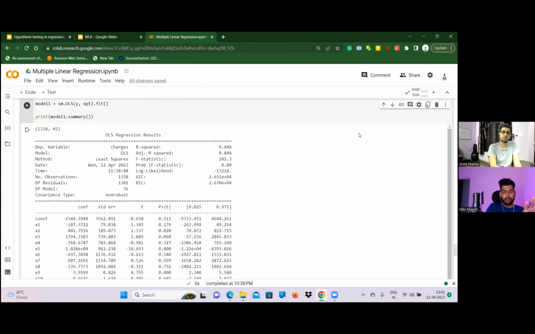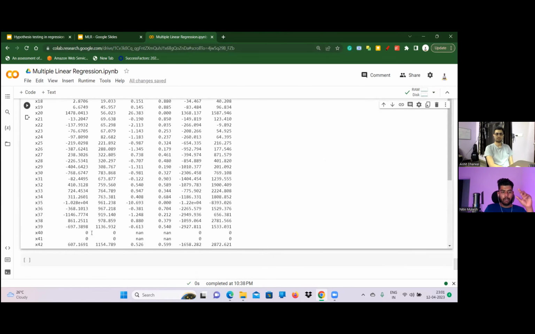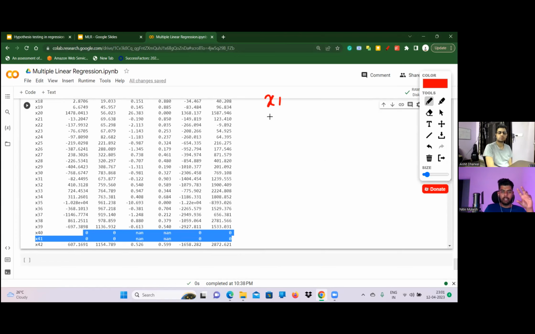But here I just showed it for simplicity, that is the main point behind doing that. As you can see, you will get x1 square, x2 square, x3 x2 combinations like this. But if you come down, you see here some variables are zero. So what does this particular thing mean? Let's say our x1 here is smoker, and it has 0 and 1 values, right? And let's say x2 is